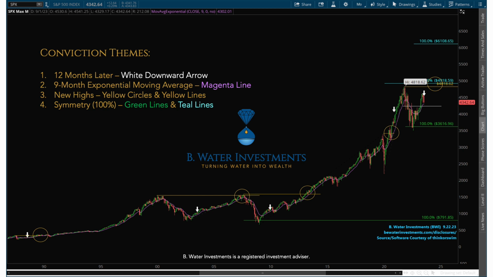What do we have in common? In September 2023, to the 1987 crash, to the dot-com bubble, to the great financial crisis, and to the COVID crash. We have 12 months off the lows and yet not another new low. So I want you to look at these white downward arrows, and I want you to look at the individual stocks you could own. At the time of video, I can't disclose to prospective clients what the firm is into, but think about a name.